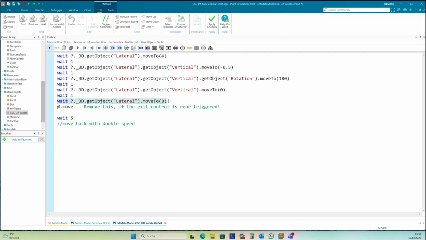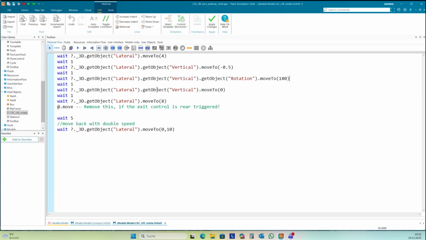And for this purpose, you can set a second parameter in move to, and you can force the movement to be finished after a certain amount of seconds. After 10 seconds, this should be finished. And one important thing here is we can only move this to 180, and then we need to move back. If we move starting from 180 to 180, it doesn't move.